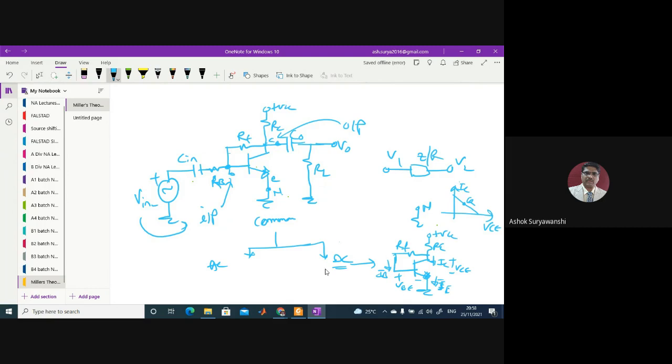That is where the amplifier gives faithful amplification, so there won't be any distortion. I'll not go into details about this one. You can study all these things in the EDC or electronics subject.